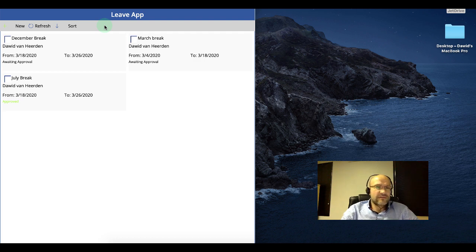Then the next benefit is it's very easy to move the logic between applications. So if you have an app like this and you create a new app, it's very easy to go and copy that command bar to the new app, update the logic, and you're off to the races. You don't have to go and create all of your 10 or 15 buttons individually and then worry about the